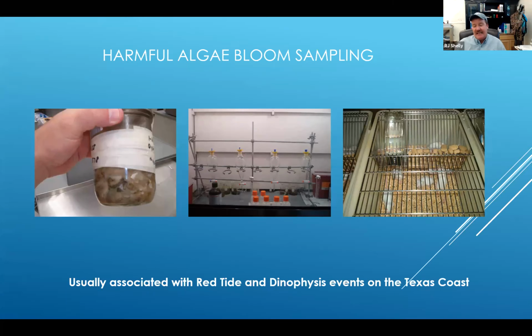And I think that was a Texas Sea Grant funded project. And that instrument, there was one in Galveston and there was one at the UT Port Aransas Pier, and it takes pictures of all the algae that come by, and it would send them up to College Station, and there would be a grad student sitting at a console, looking at the screen, and when they would see any of the harmful algae species, we would get contacted, and that would tell us to send the boats